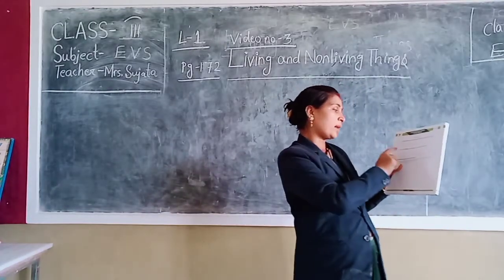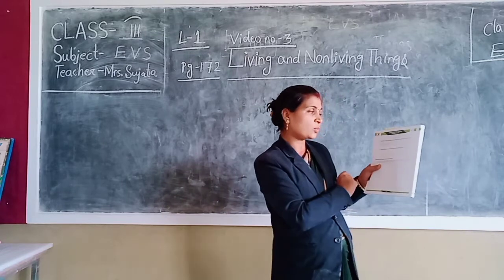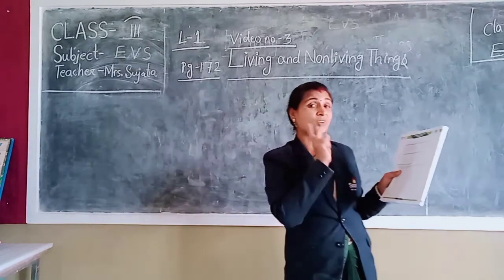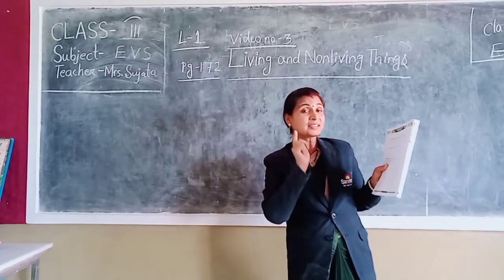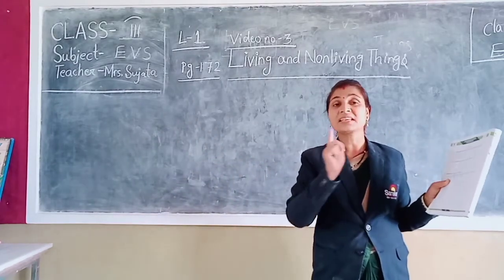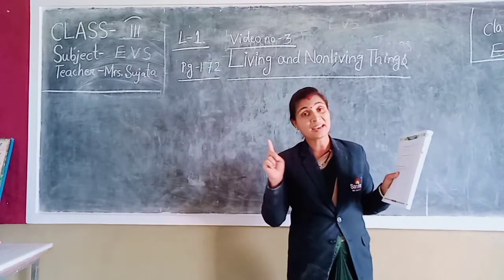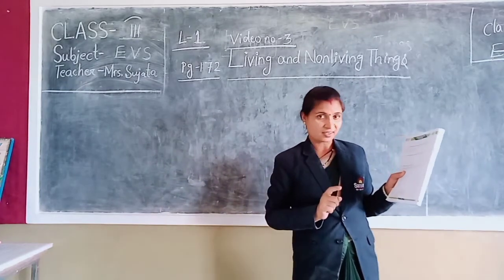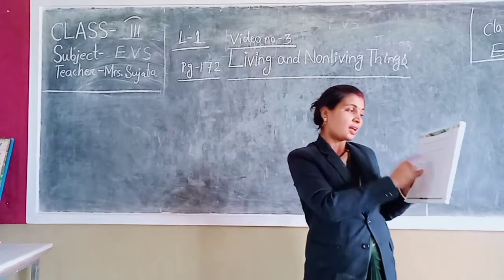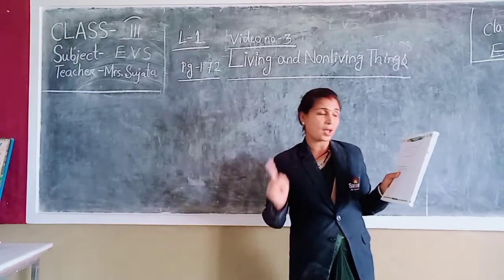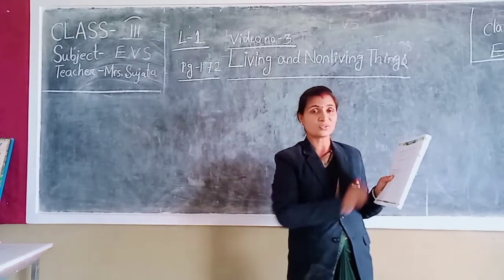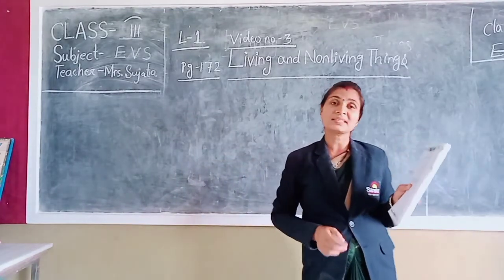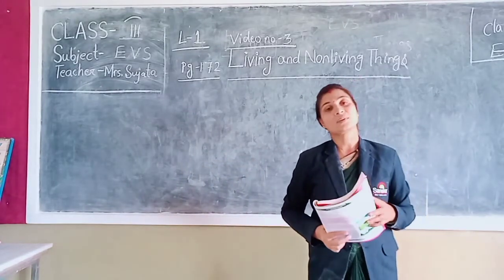Now one more homework. List 2 differences between human beings and plants. What are the 2 differences? In that question, what are the 3 similarities between the human beings, plants and animals? We have read and written also. But now between the human being and plants, what are the differences? These 2 differences you have to write here. Okay, find out the answer and write. Now next class we will discuss more about